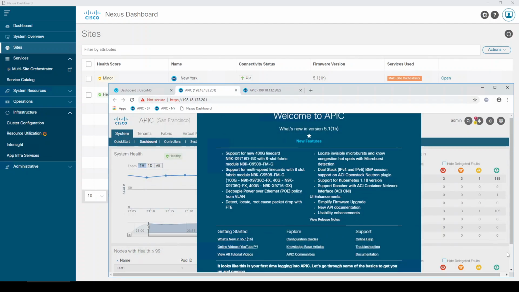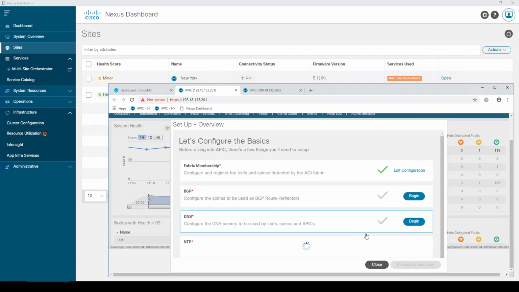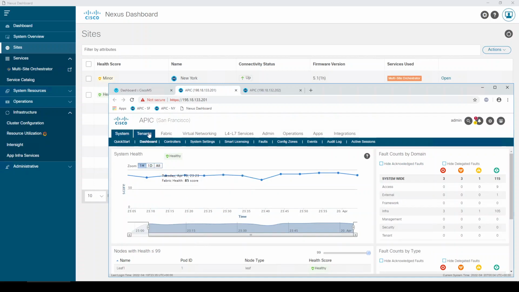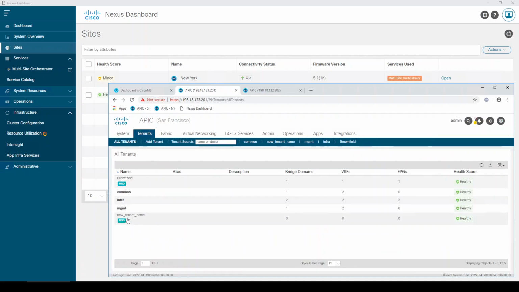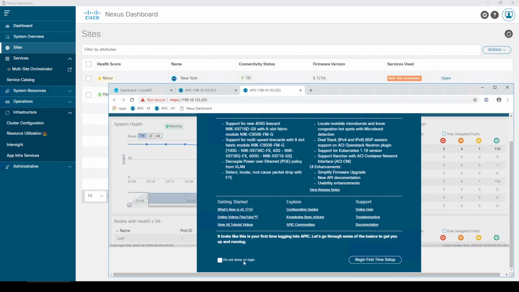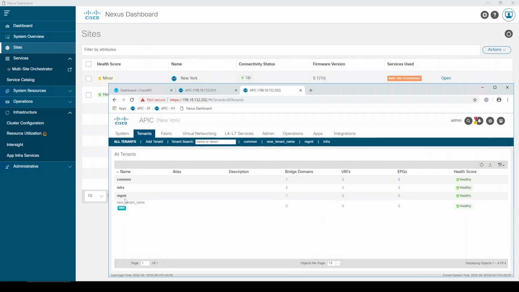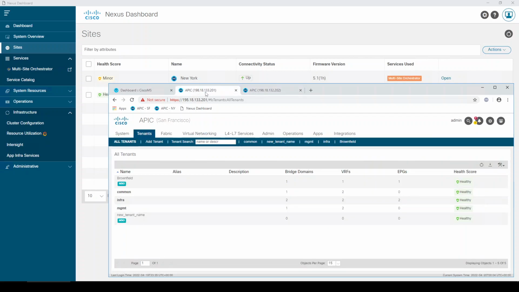Okay, so let's get rid of this. And if I look at tenants, did it get it? It did, new tenant name. Okay, and if we look at the second fabric, it should have that tenant as well. Okay, so the